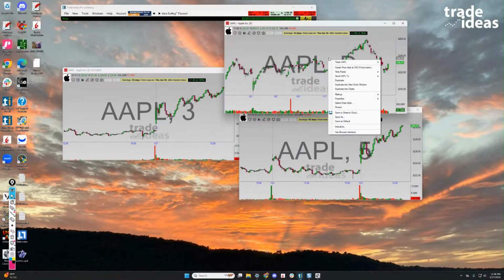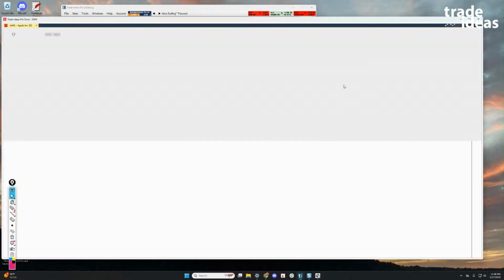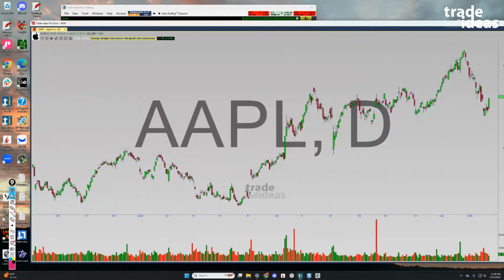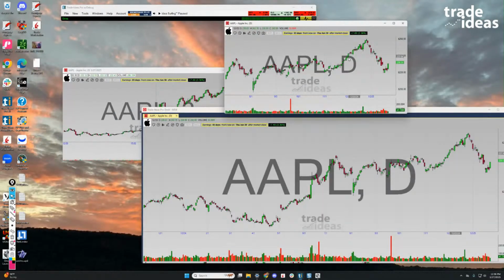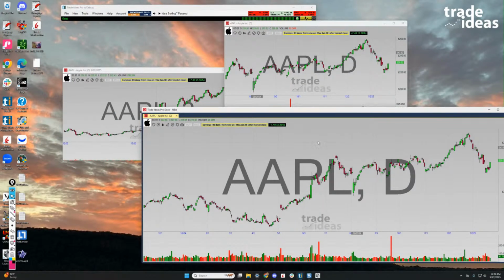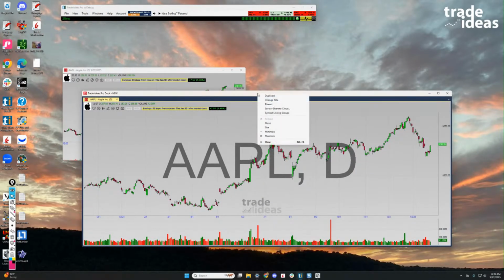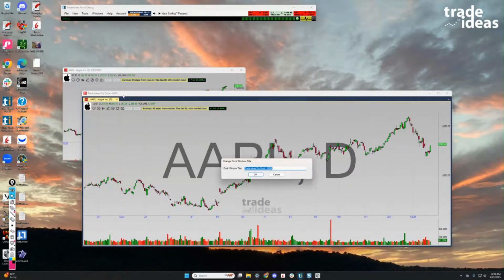And I'm going to right click and go ahead, duplicate into new doc window. All right, it's got this window here that I just duplicated into it, and that was a daily chart. So we see a daily chart here, free floating still, and a daily chart there inside that. I'm going to go ahead and close the free floating one. I can rename this doc if I right click. I can change the title of the doc up here if I want. I have one called charts already, so we'll call it charts 2.